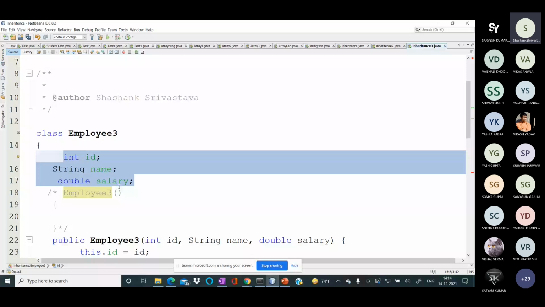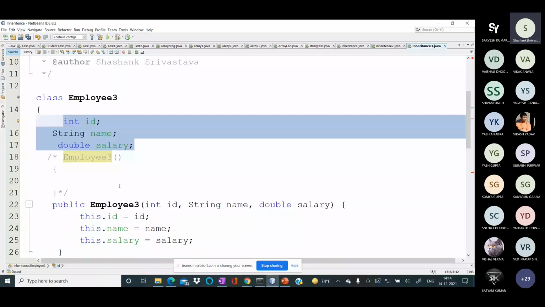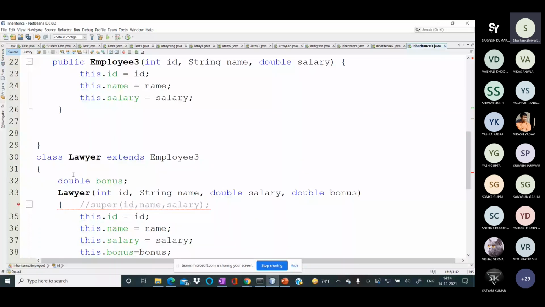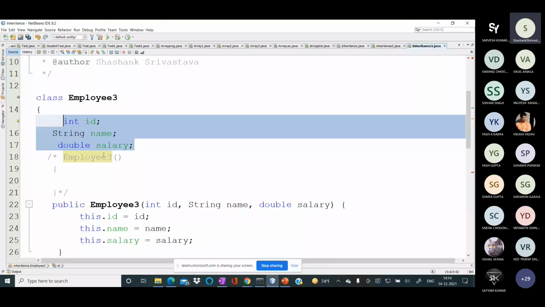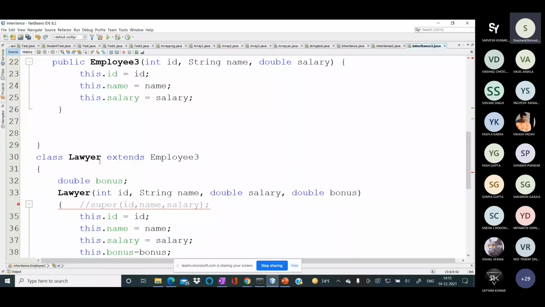Now suppose there is an extra field, because Lawyer inherits the ID, name and salary. Suppose in the Lawyer class there is one extra field, that is bonus. So how do we initialize all the fields for Lawyer, because Lawyer already inherited the ID, name and salary?